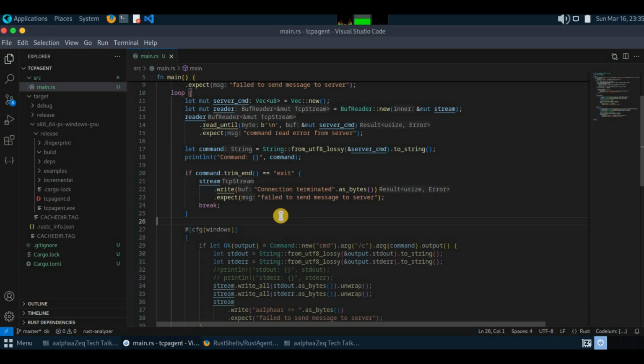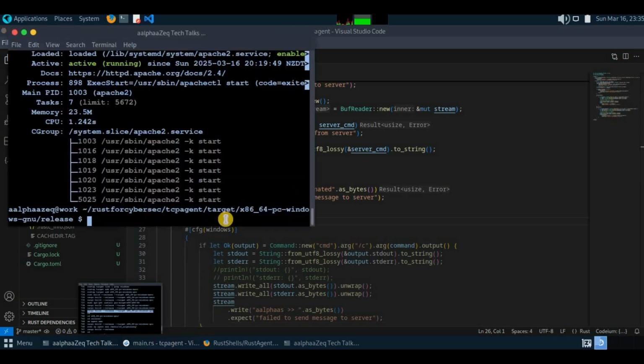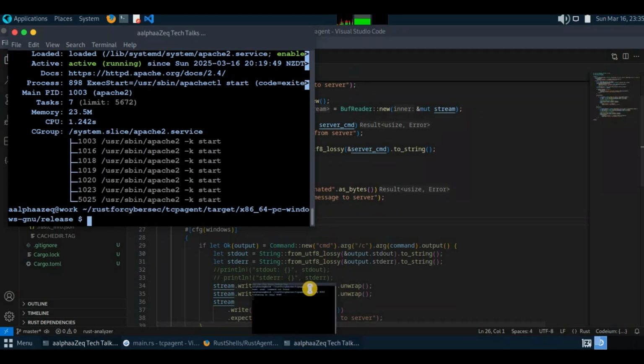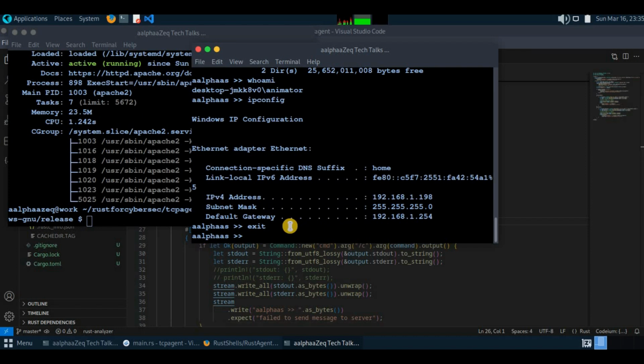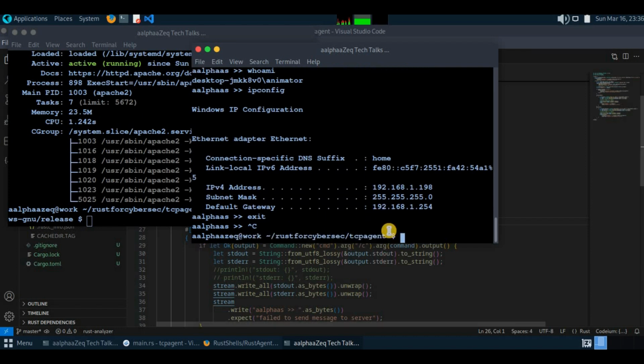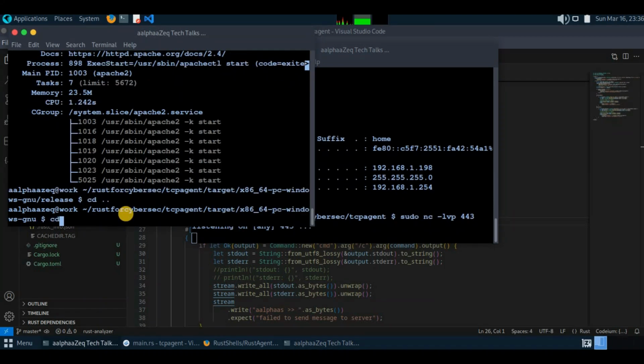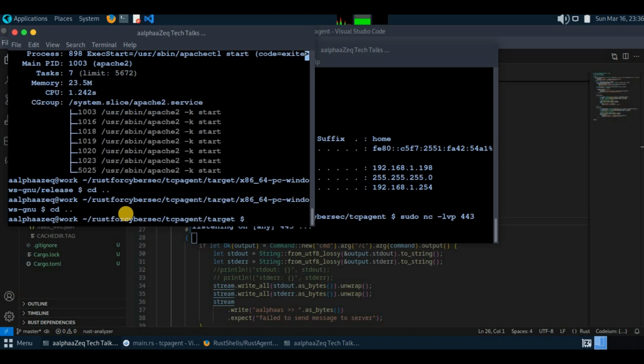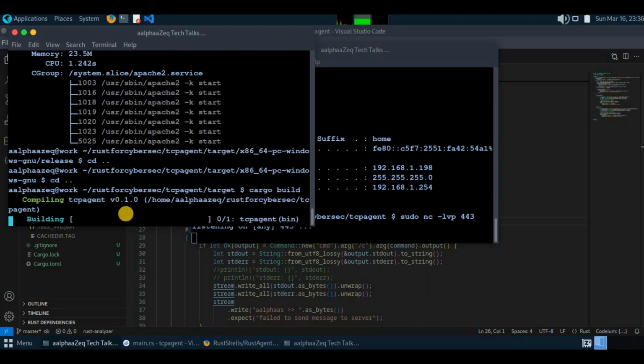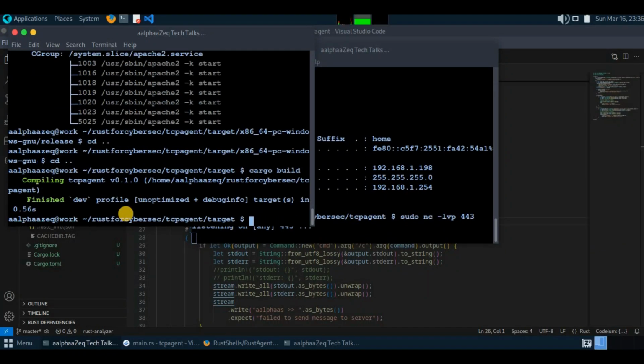For that, again, I'm not going to test it here. Or do I need to test it there? No, I don't want to make this one a long video, so I'm just exiting from here, starting our listener again, and coming here. TCP target here is cargo build. Okay, let us